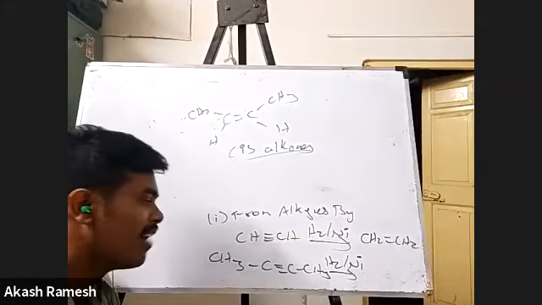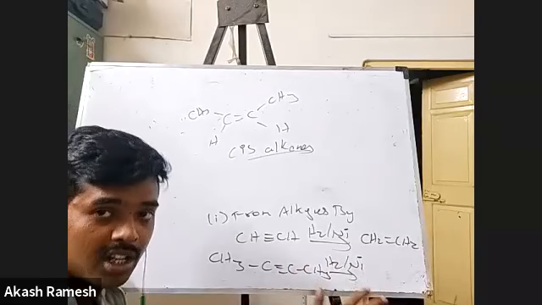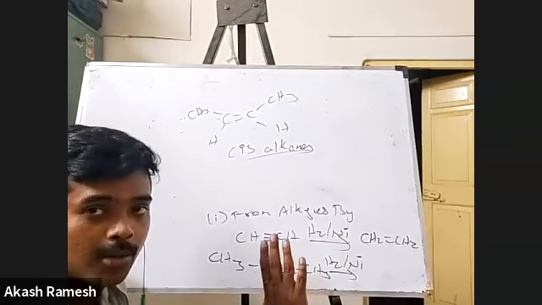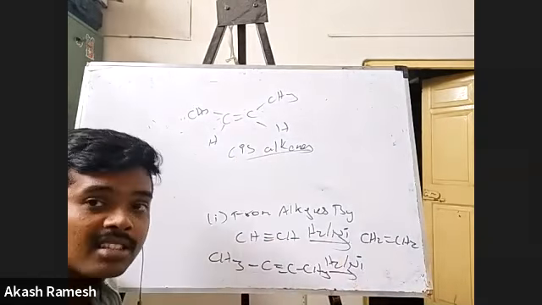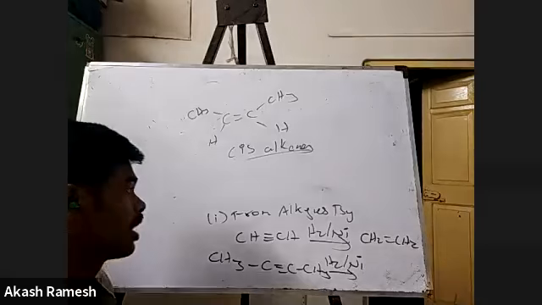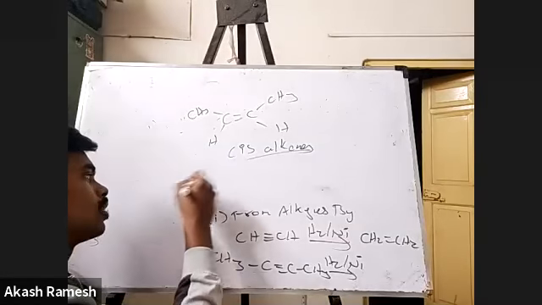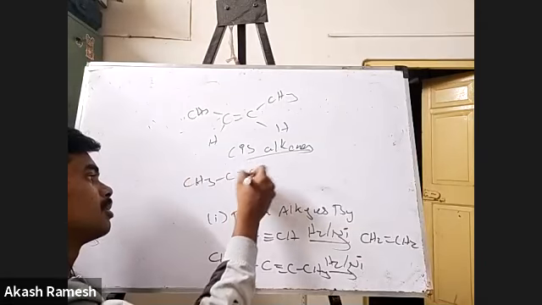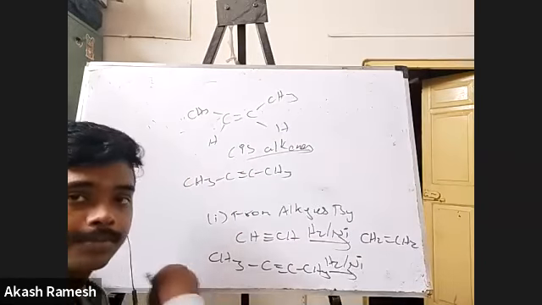Right? So when you have an alkyne and go for a hydrogenation reaction, H2 over nickel is what I'm talking about, you'll always end up with cis alkenes. Okay, now there is one more thing also. When you have, say, this CH3 C triple bond C CH3,